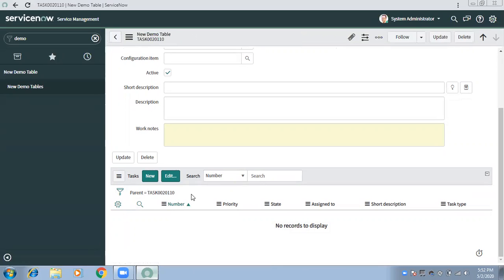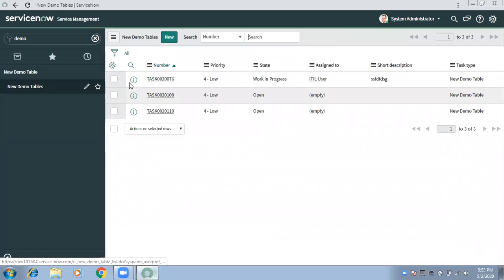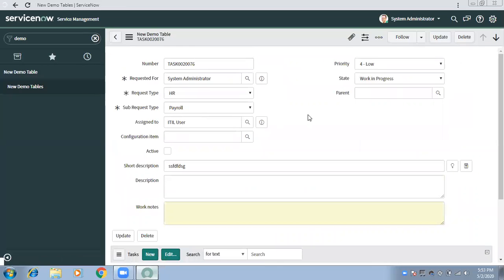Always try to understand, when you open a related list, why only these records are coming. They come using a filter. This related list will only show the records where the parent field of a child record has this particular task number. If I open this one, here we have the parent field, but here it's empty.